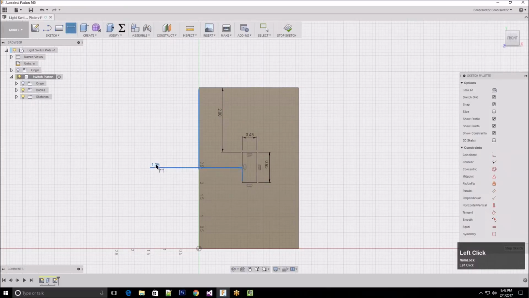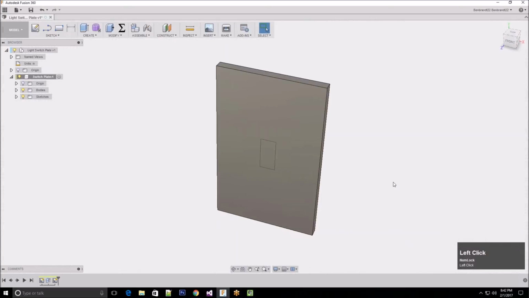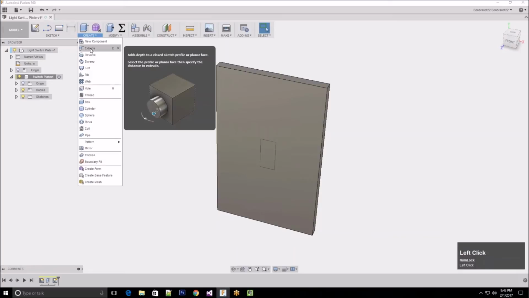Any dimension, I can double click it and change the number if I want. And now if I click and drag any piece of my sketch, it doesn't move. That means I've fully constrained it. I've told it where it has to be exactly. So I'll click Stop Sketch. And I'm going to extrude it. So under Create, we say Extrude,